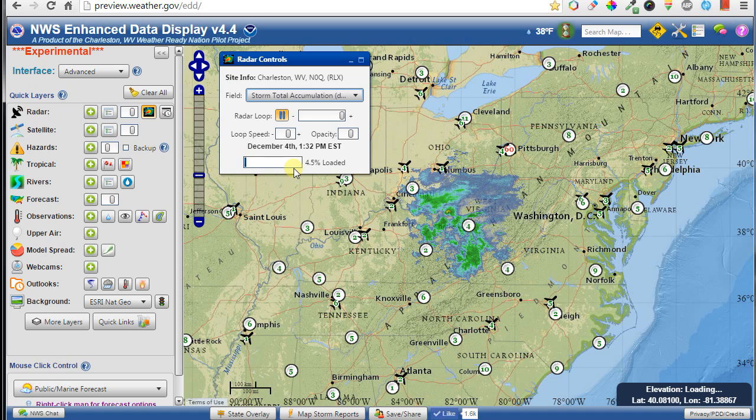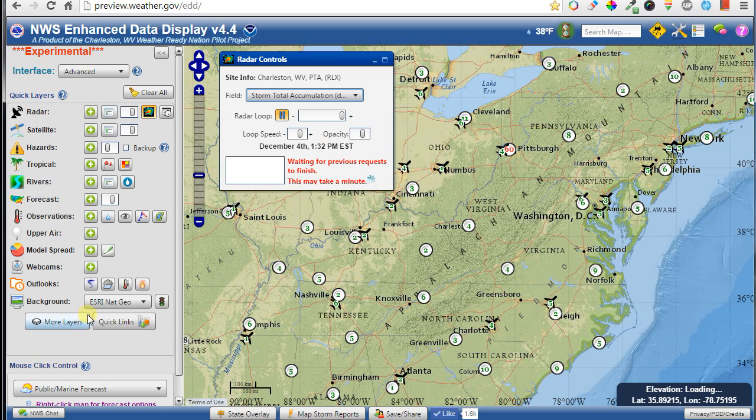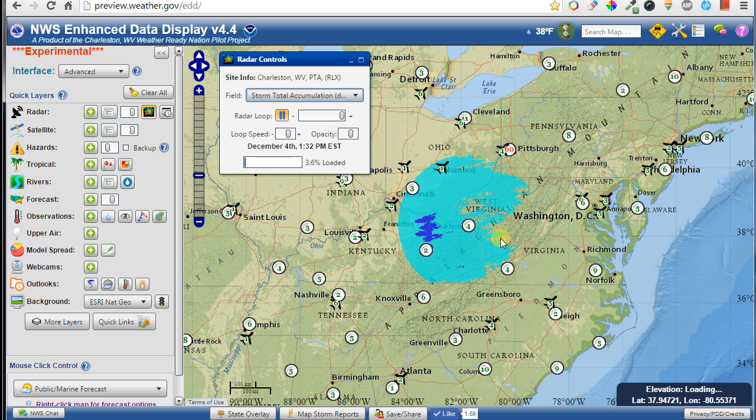And what you gain from this one is the ability to, say, get some of the dual pole data and stuff like that, which again you can also get from the University of Wisconsin in a mosaicked view using that University of Wisconsin layer. Now this one takes a little while to finish all the requests because it has to wait for the other ones to finish, but eventually you'll get the data coming in. I guess this is storm total accumulation, but